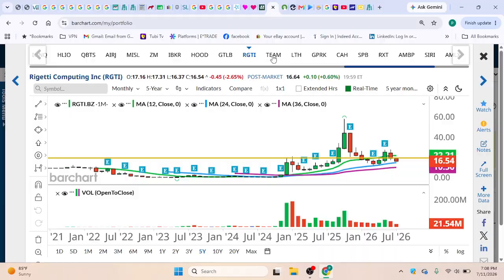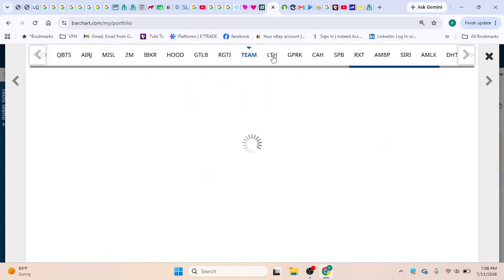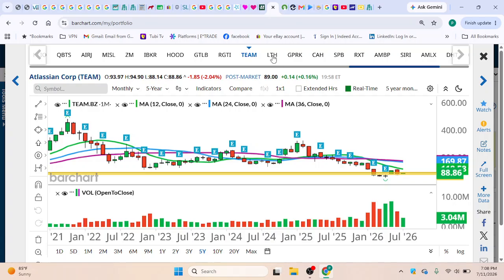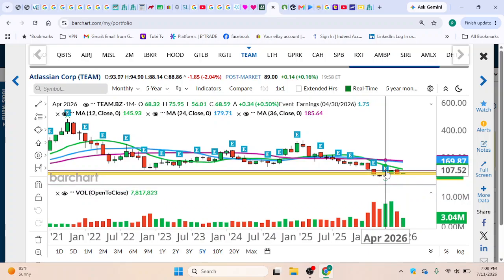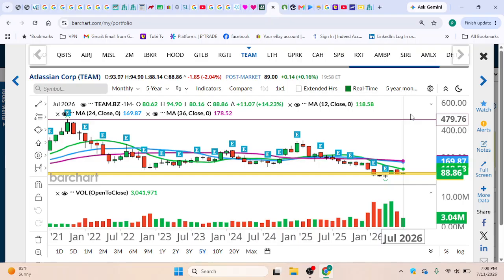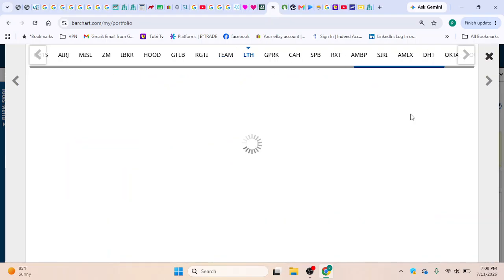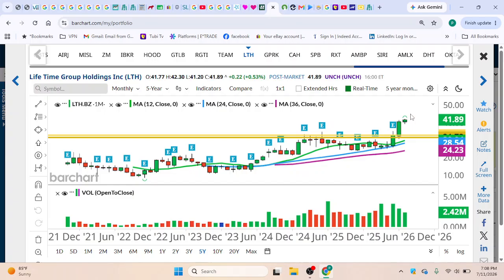Rigetti, yeah, that's still selling off. Quantum computing stock. Atlassian looked good until it didn't, so that was a bottoming pattern I tried, didn't work. I tried that bottoming pattern based on all this volume down here, and I believe it had a good earnings report on that one, but I stopped out, so that goes back on the watch list. This one has been a very good one for me